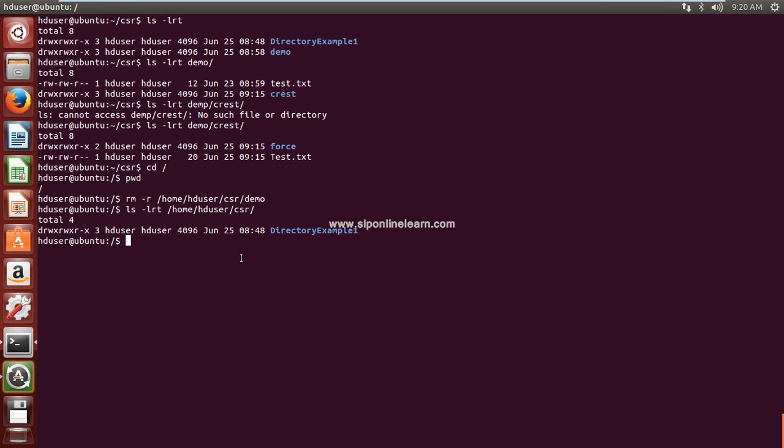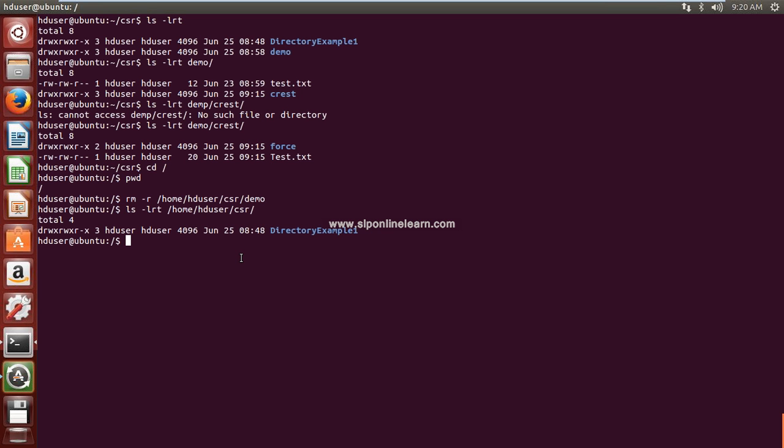The reason is it will delete whatever directory you are specifying, from the directory to the bottom, the last child. It recursively deletes everything.